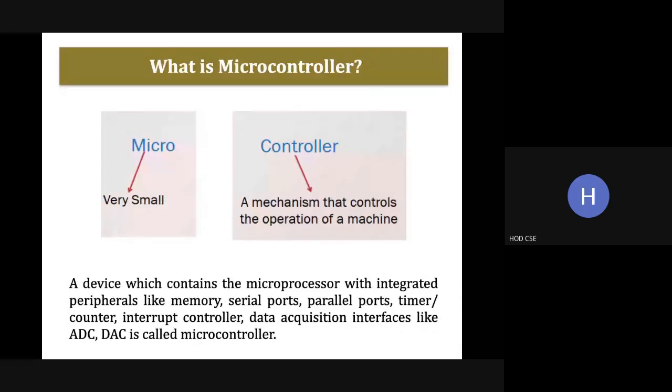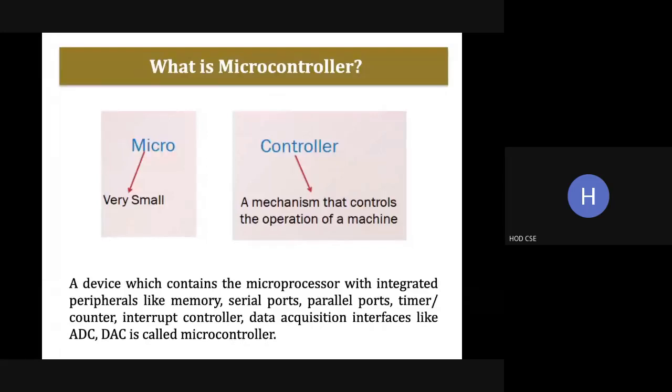Some programming is available here. There will be a program which is used to control the device. There is a fridge, there will be a program. If you take a washing machine, there will be a program. Every device will have a program. A fridge program can be executed in that device only. And if we have a remote controller, a program for that remote control is executed only there. The program of the fridge cannot be executed in the remote. So that is a microcontroller, which is used to perform a particular function repeatedly.